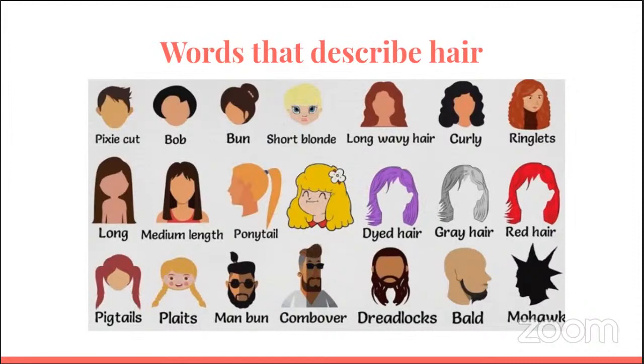Teacher, could you explain to me what is comb over? Comb over is a style in which you comb your hair, like Elvis Presley. Oh, that is comb over. Yes, whenever you have here in front, like a bun in front, and then yeah, this is like a style. Okay, okay.